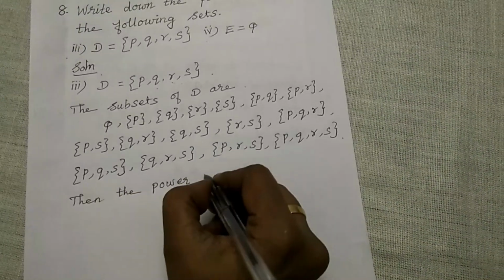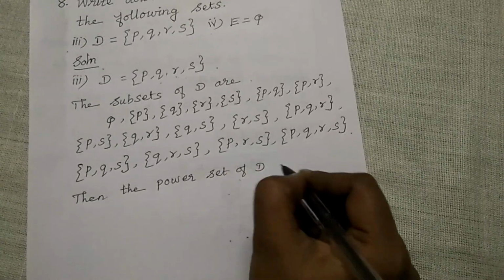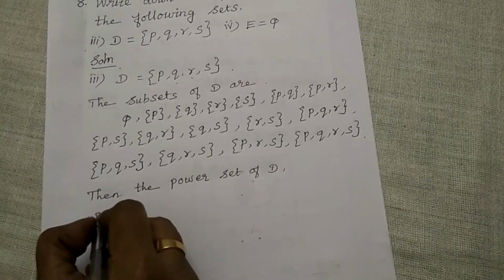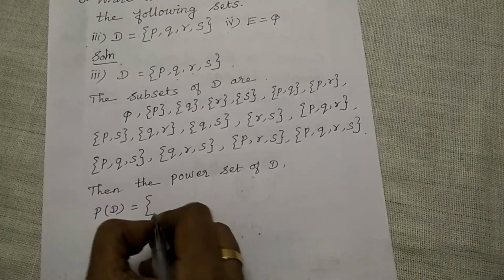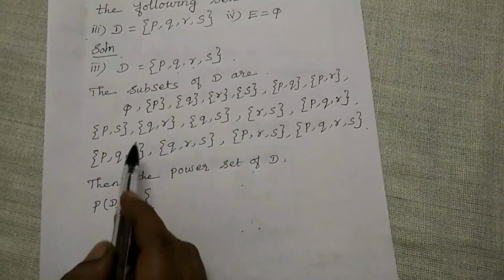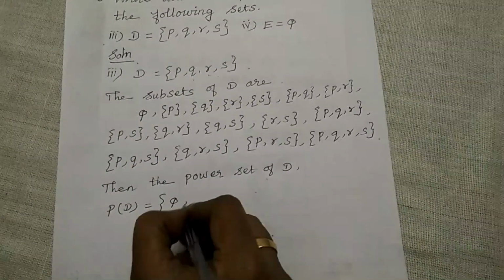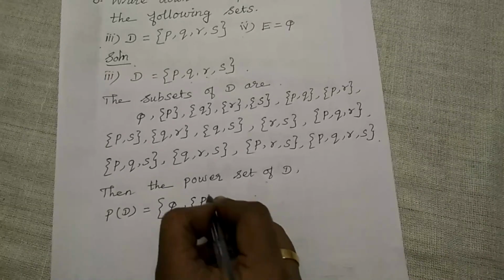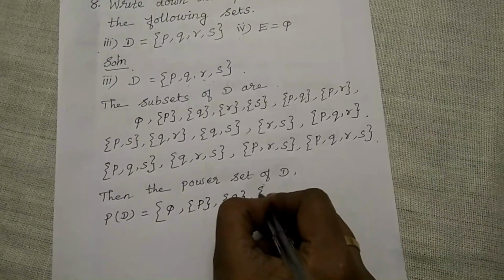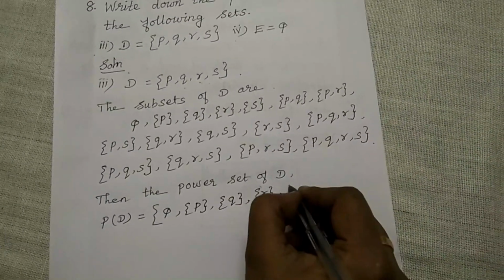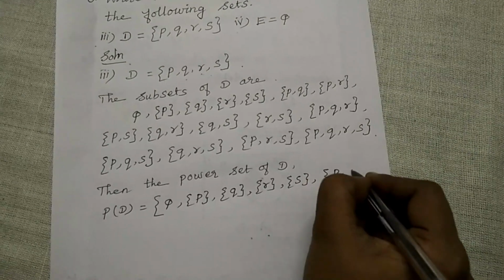Then the power set of D, that means P of D, isn't it? Then P of D is equal to the set of all subsets. Set of all these subsets we have to write here. Then null set, set of P, set of Q, set of R, and set of S, and set of PQ,